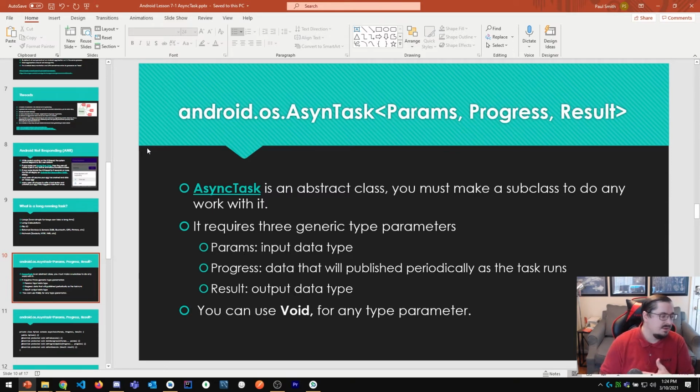You can't use the AsyncTask just out of the box because you can't even create an instance of it. So for every little thing that you want to do with it, you're going to need to create a subclass. And as I mentioned earlier in this lecture, that usually means having a lot of subclasses of AsyncTask to do different things. It is a generic class as well, which means that you have to provide a few different type arguments. In this case, it's actually 3,